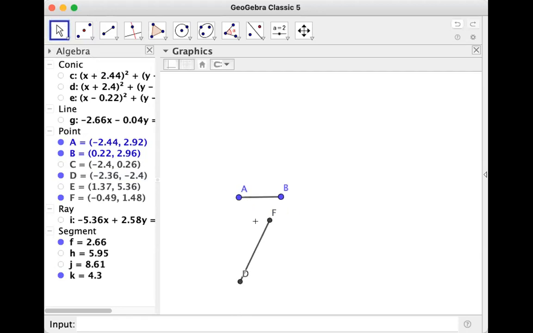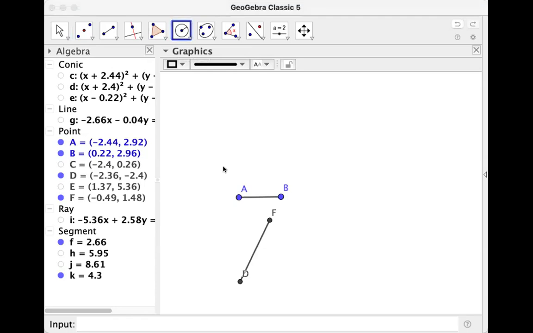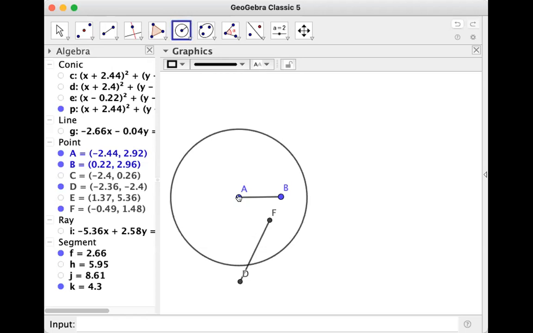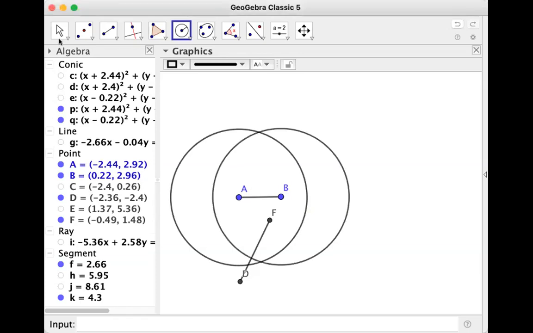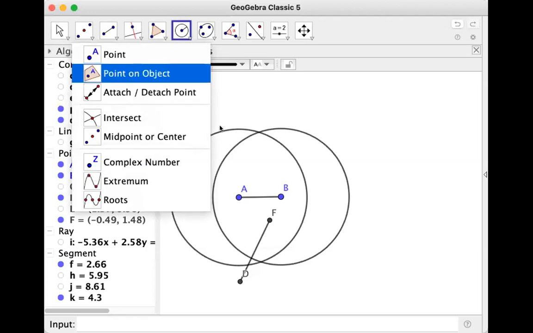Well, on GeoGebra, if I click on this, it tells me this line segment is called K. So all I have to do is come over here and say circle with center and radius, and go like that and type in K, and it makes a circle. That circle has A as its center and has DF, which is 1 plus square root of 5 over 2, as its radius. And then I do that again over here. And now if I come here to intersect,